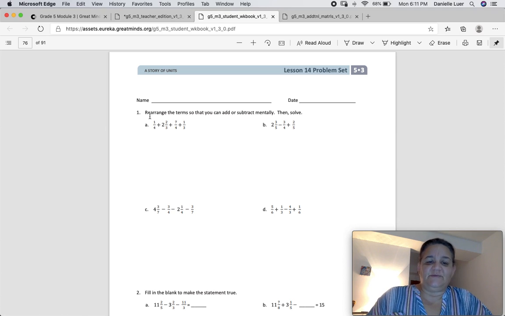The first one says rearrange the terms so that you can add or subtract mentally, then solve. So we're going to use mental math. Now, the great thing about math is that you can change the numbers around and it still means the same as long as you follow some rules. So these are all added together. That means we can put them in any order we want. So I'm going to go ahead and move the biggest one out here, 2